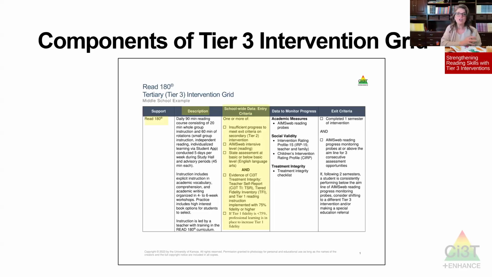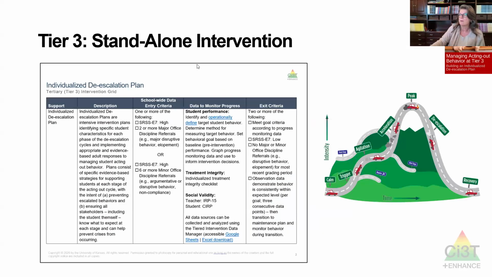And then any intervention that's done, we make sure of three things. You're measuring student performance. You are looking before you start anything at social validity to see what they think about the goals, the procedures, and the outcomes. And third, we are measuring if it's in place. And I want to assure you, you do not need to be perfect in implementation of all this. But we want to make sure that we are keeping track of which components in this component intervention are happening. And then we have to have a plan to know this succeeded and I can begin to fade it, or this might need to be enhanced, no pun intended, or this might be terrific and it might be time to generalize or fade my intervention.